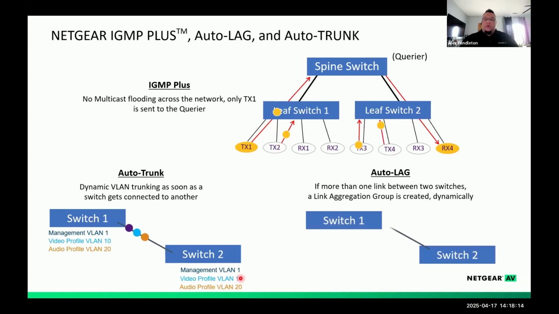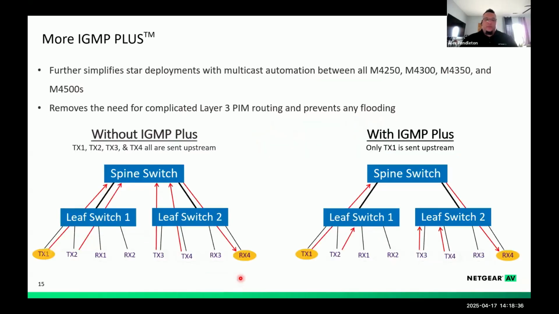And then for multiple links between switches, we'll build a new interface automatically for you to, one, linearly increase your bandwidth, but also give you a level of redundancy as well that allows you to get more from the switch to switch interaction. And we do this all automatically out of the box. It's set to be configured for you.